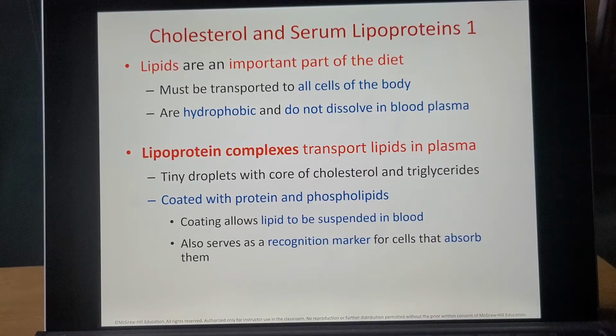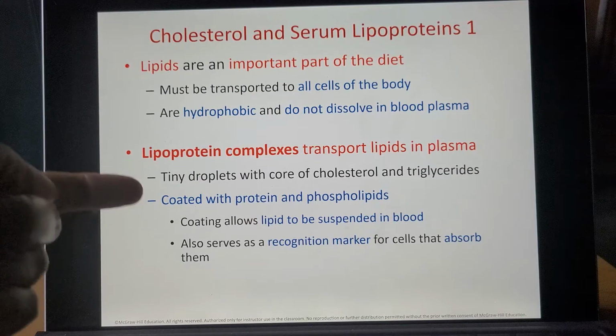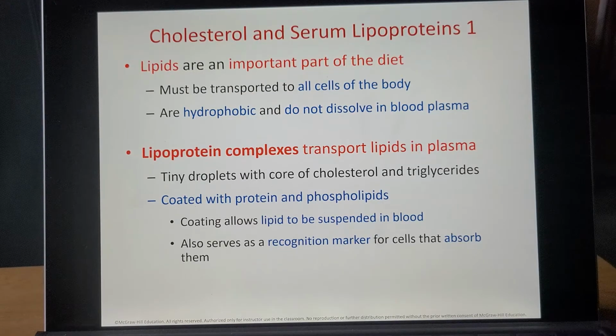So these are called lipoprotein complexes. So they're part lipid, they're also part protein. So they're going to transport the lipids in our hydrophilic plasma. So the outside exterior portion of it is coated with proteins and phospholipids. This allows for the lipids to be suspended in the blood until they're able to be carried around. So this is also having a recognition marker. So in the cells that need it,